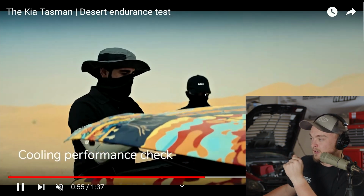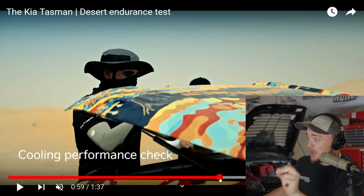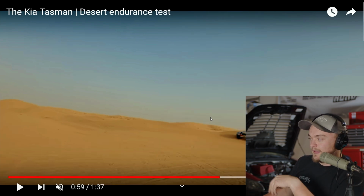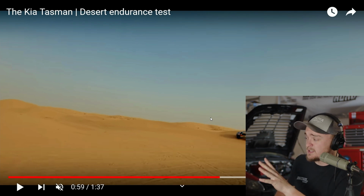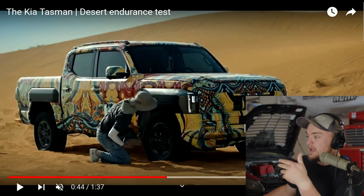testing it in the desert, I don't see a machine gun on the back of the truck yet. I do understand that happens with trucks used in the desert, though they usually like Toyota trucks. They usually go for Toyota Hiluxes. They usually have to be white too. I'll say that much. But what this tells me, though, kind of giving you some analysis here, you can also